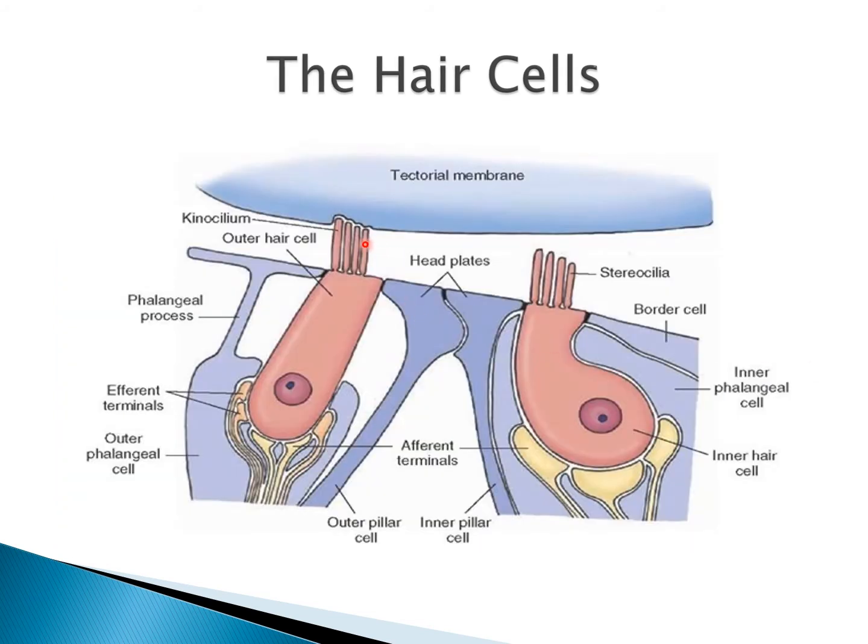So here we can see the detailed structure of the hair cells. Here we can see that these are cylindrical shaped outer hair cells, and these are flask shaped, that is inner hair cells. Then we see that there are cilia present over these cells. Out of these cilia, the outermost cilium is the longest, which is called kinocilium, and the other small cilia are known as stereocilia. These cilia are in contact with this gelatinous matrix membrane, that is tectorial membrane, and the shearing force between this membrane and these cilia causes generation of the electric potential.